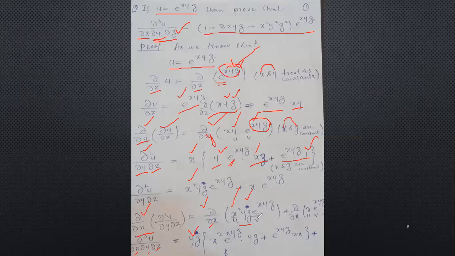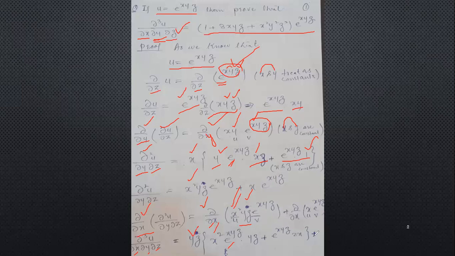Now we use the u into v formula. Consider u equal to x square, v equal to e power xyz. According to the formula, u same, meaning x square same, times the derivative of e power xyz, which when we take the derivative of its power gives yz. Plus v same, e power xyz same, times the derivative of x square, which is